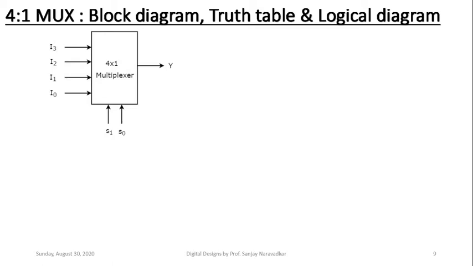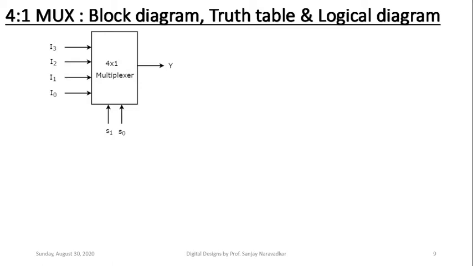And then the select lines are shown from the bottom here, S1 and S0 to that block, 4:1 multiplexer. Okay, that select lines will be S1 and S0 to be shown in this manner only. S0 being LSB bit of that select line to be shown on the right side and S1 on the left side. Okay, once we show this particular block diagram, then the truth table to be developed just below.